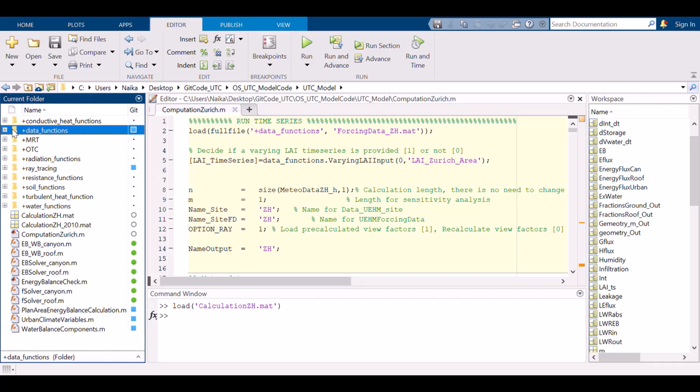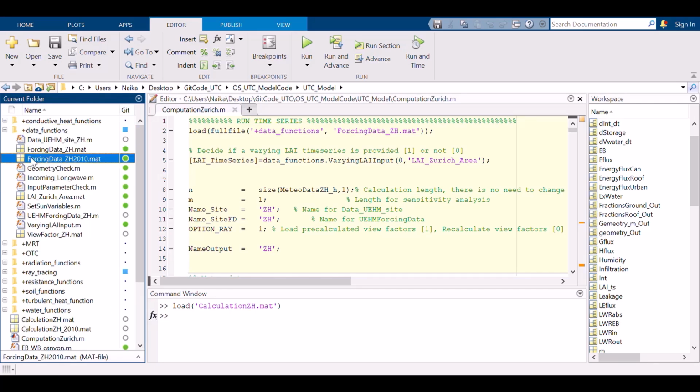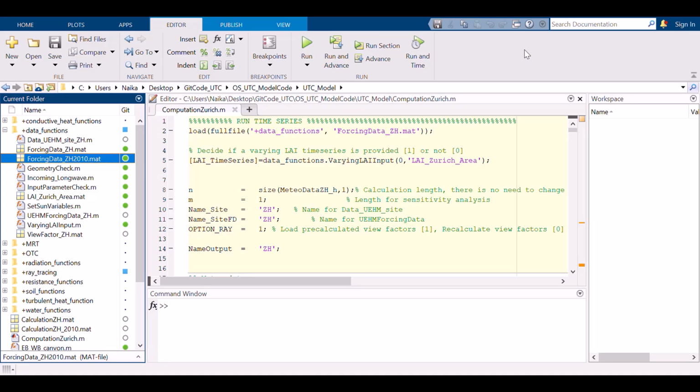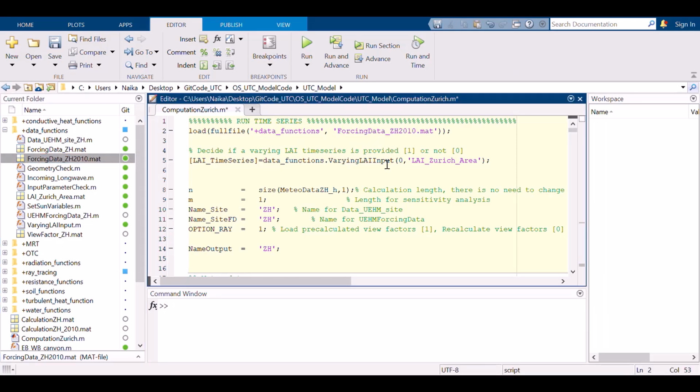When you open the data functions folder, there is the forcing data _ZH 2010.mat file, which contains a 1-year time series of meteorological input forcing. If you would like to perform a 1-year simulation, all that you need to change is to load this data instead. Also note, if you're not changing the name of the output, you will override your initial calculation. Hence, what I do here, I change my output name to 2010, which will save my simulation output later on in the calculation ZH